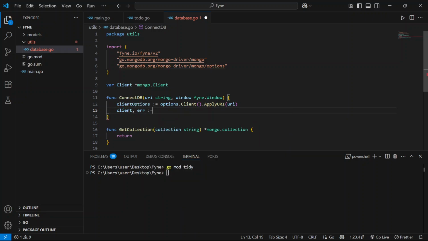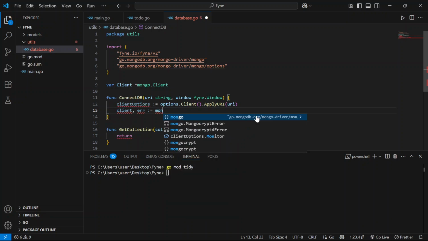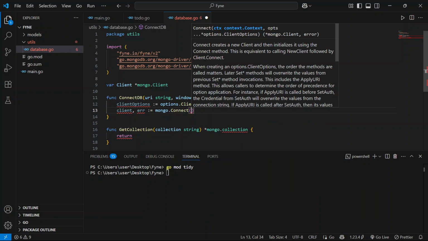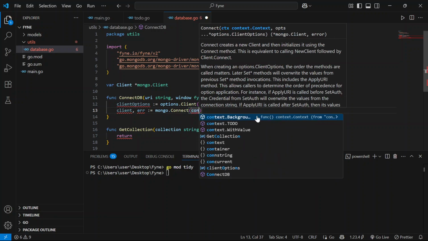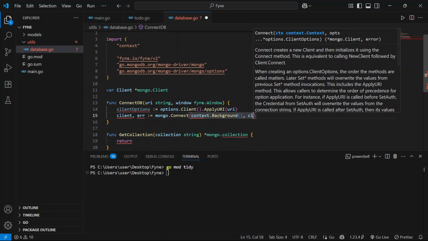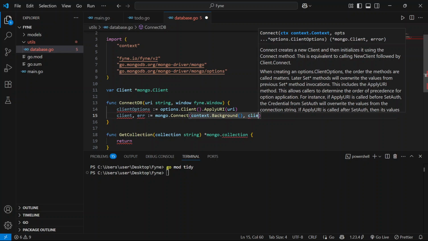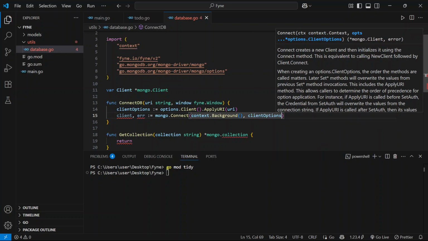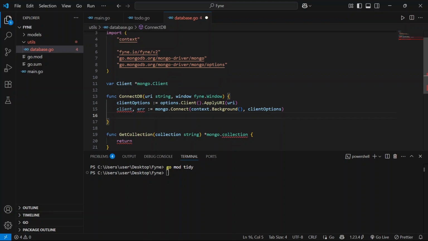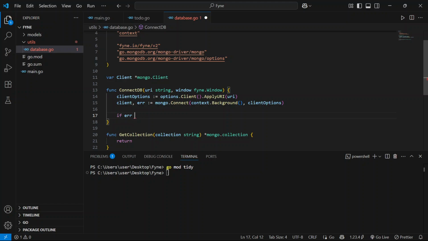In case of an error, we can display the error. mongo.Connect. So we're going to do our connection, provide our context.Background, and then we supply our client option. So we're connecting to this URL that we're going to be supplying, and then if there is an error,